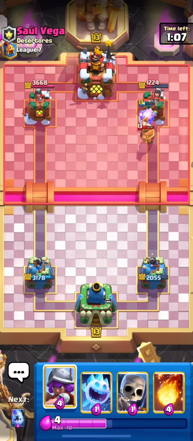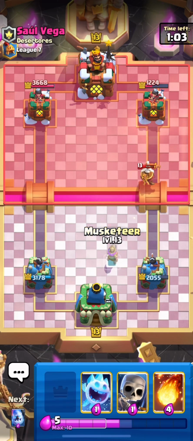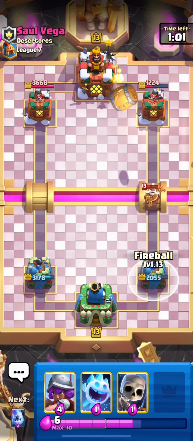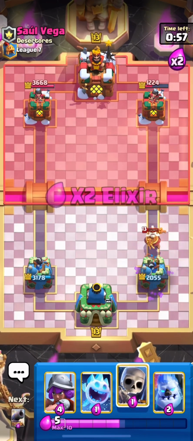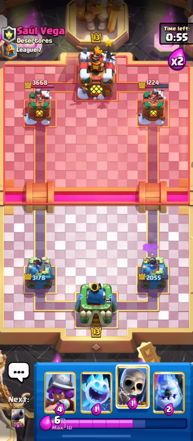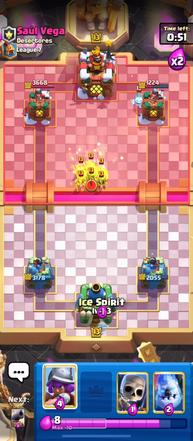It's very important to predict those skeleton armies, as you can see with the log I did there. It's a risk you take, but since you have the Fireball to counter the Goblin Barrel, it is a risk that is worth taking. You can see that in the next push I also do a predict, but this time